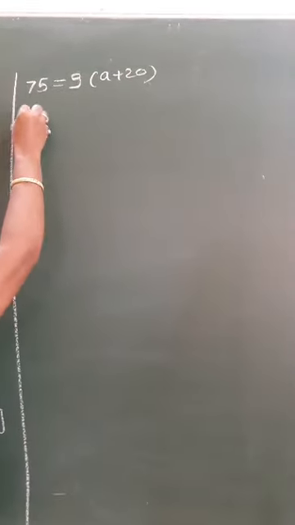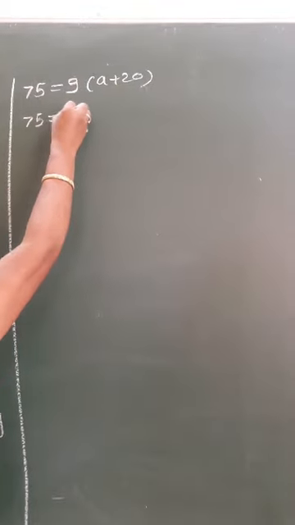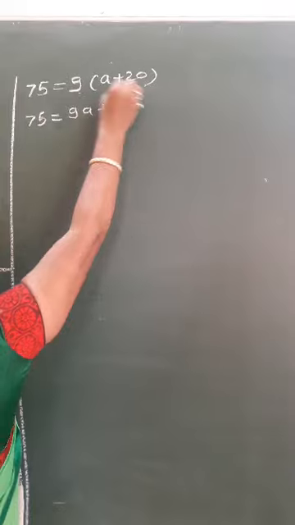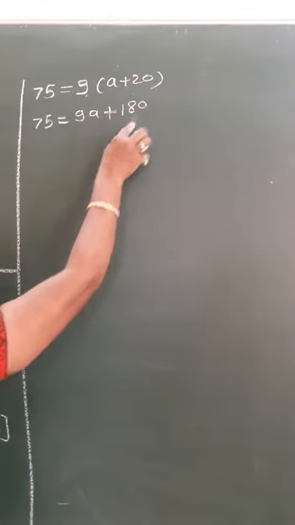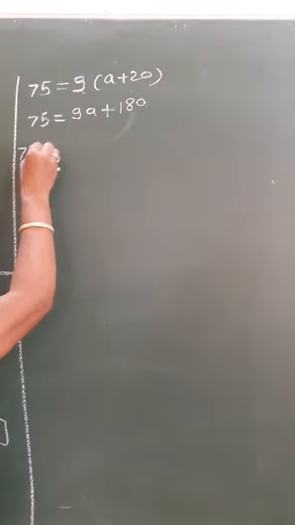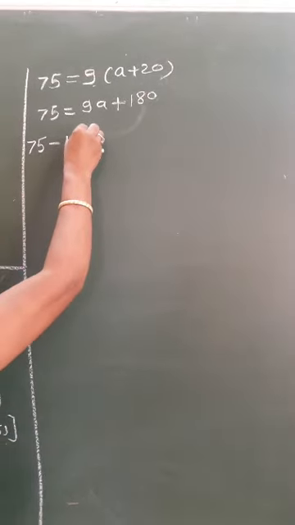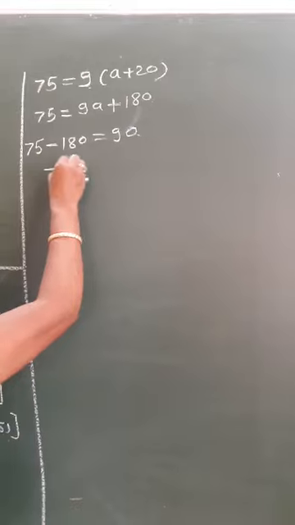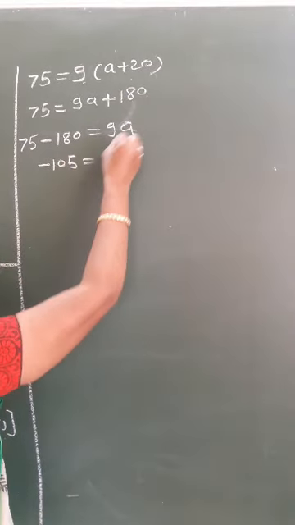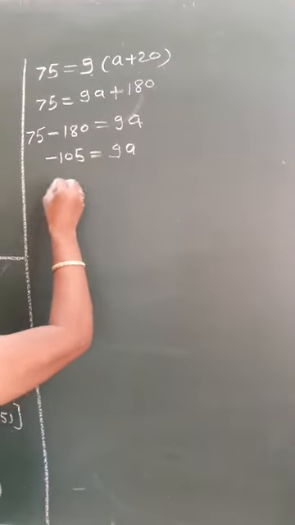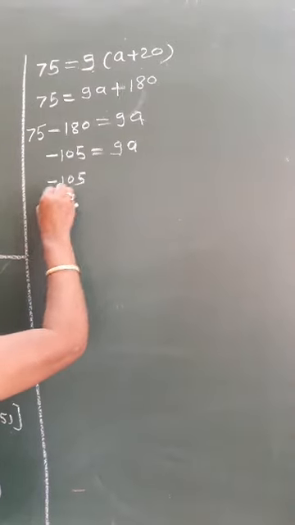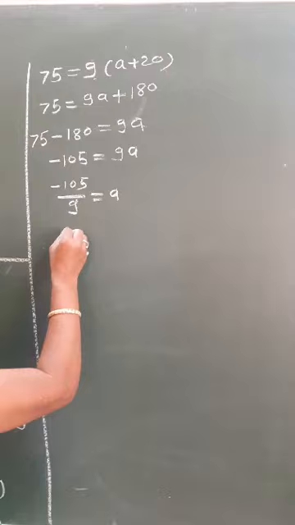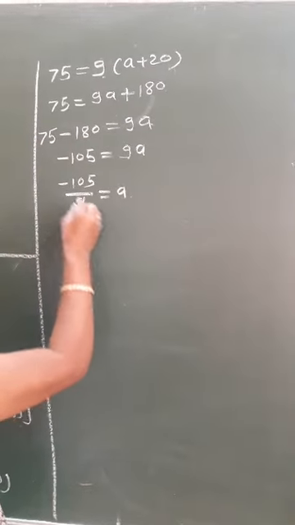Now we will multiply this 75, which is equal to 9a plus 9 2s are 180. Now we will shift here, 75 minus 180, which is equal to 9a. Now what we will get here, minus 105, which is equal to 9a, and we will get minus 105 divided by 9, which is equal to a. What we will get, the value of a, is equal to minus